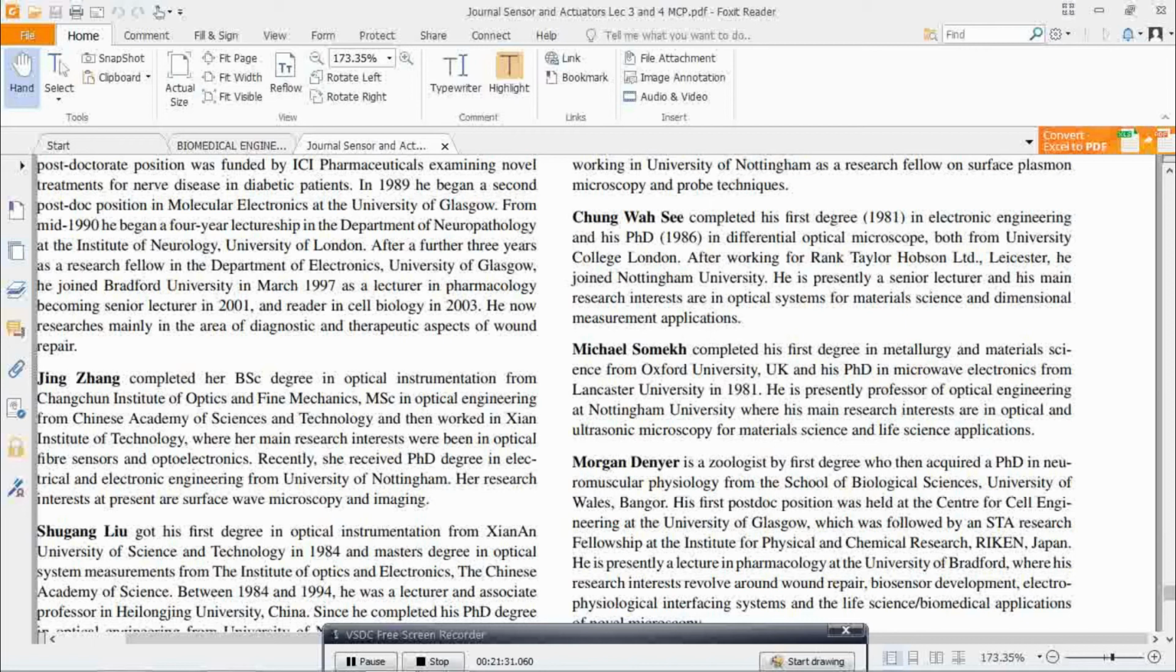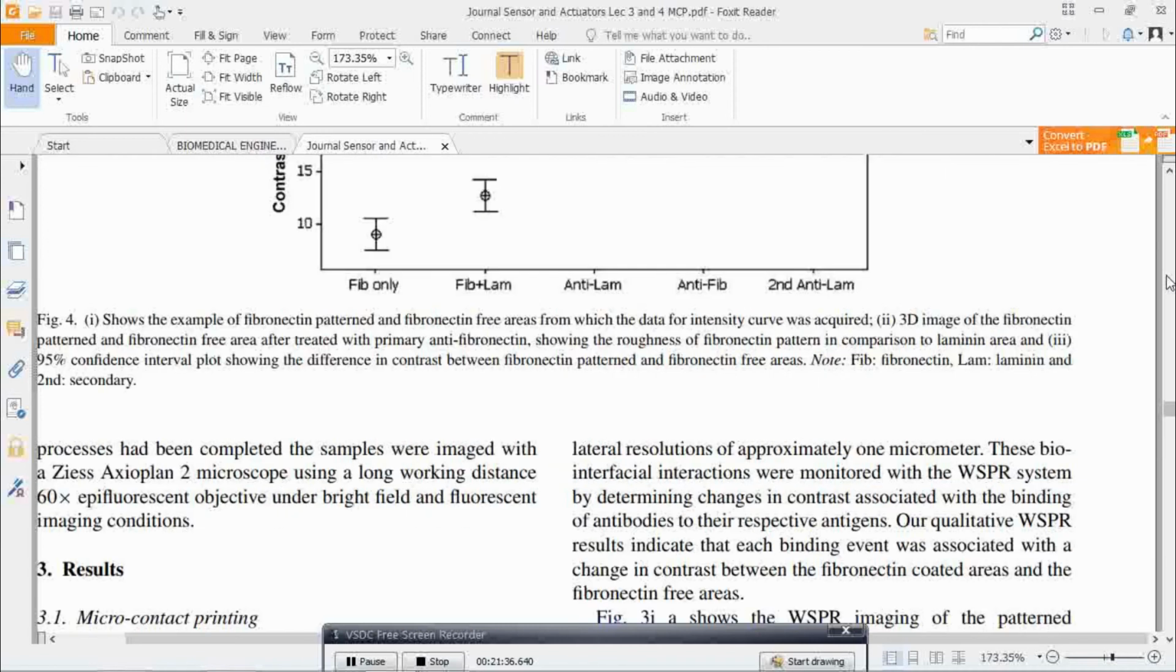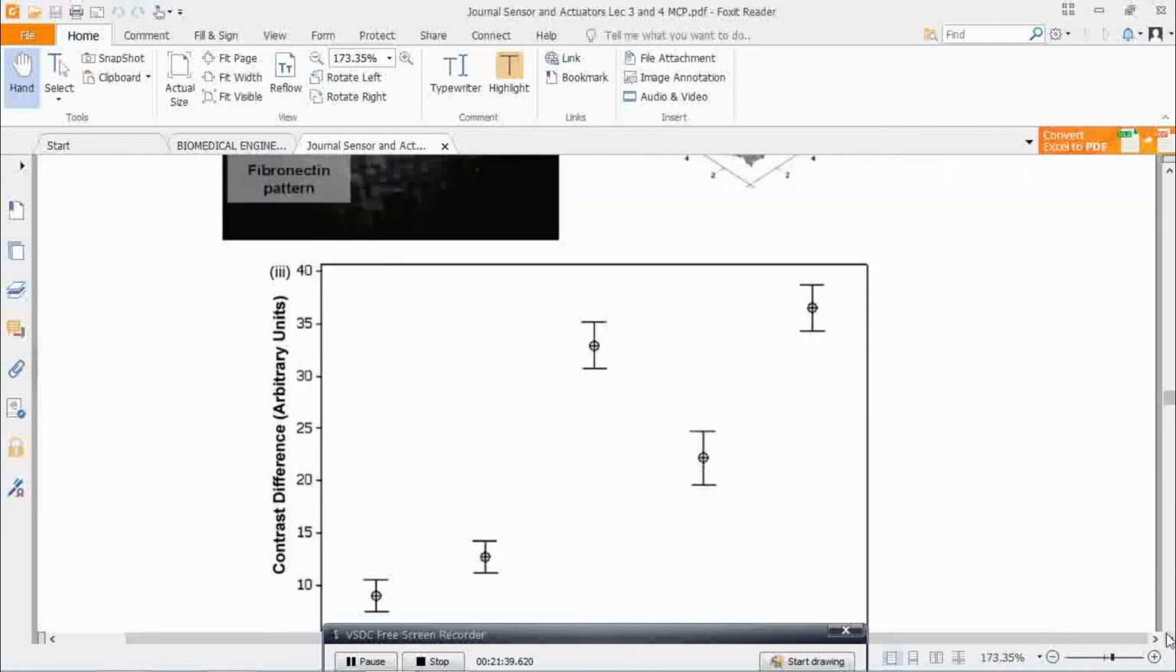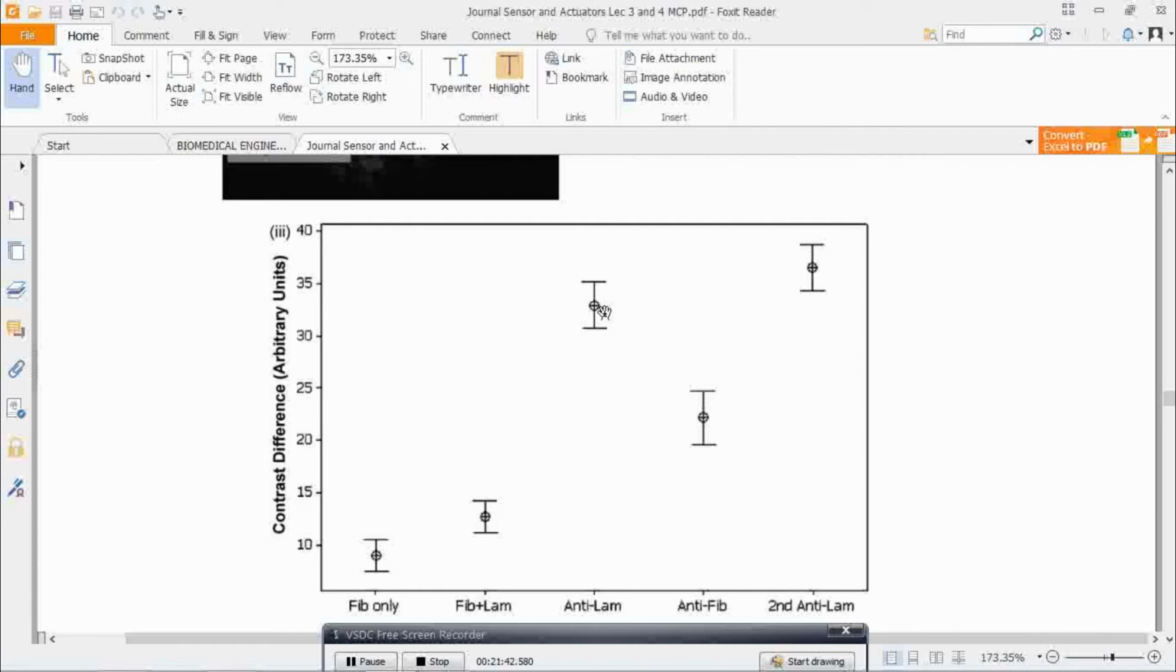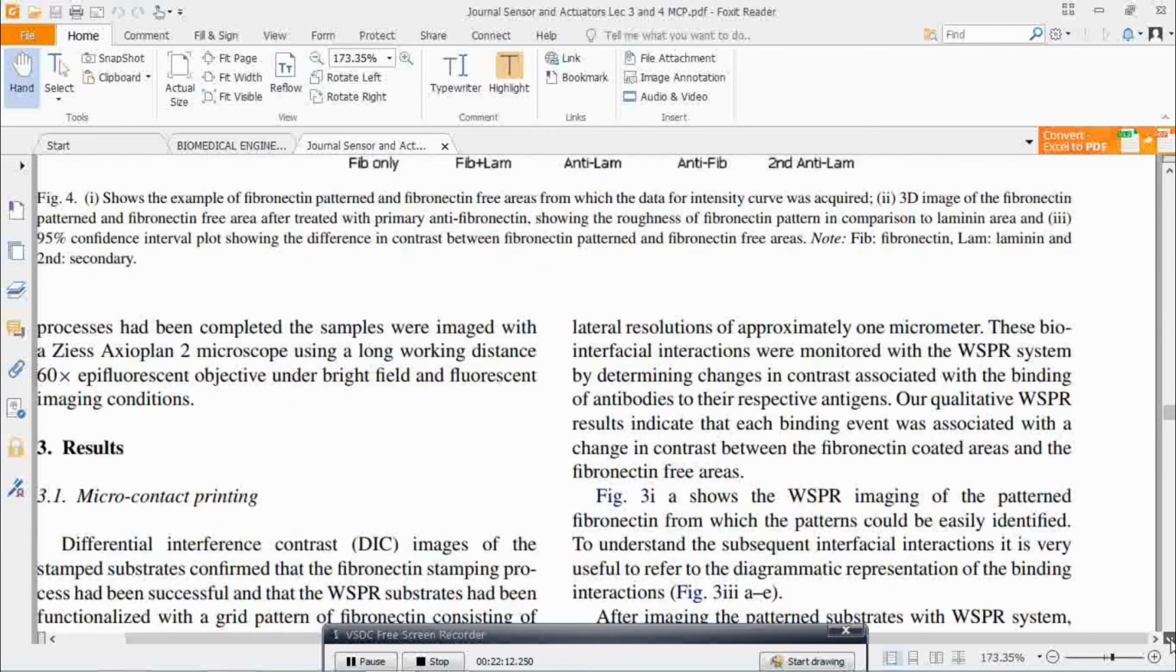molecular species deposited onto the surface becomes much higher. Okay, and then when we focus on the fibronectin area, it further reduces the contrast when we apply the antibody for the fibronectin, and then when we target the laminin area again, the contrast increases back, it becomes higher. So this is what we call the quantified measurement, which will complement the qualitative results that we have